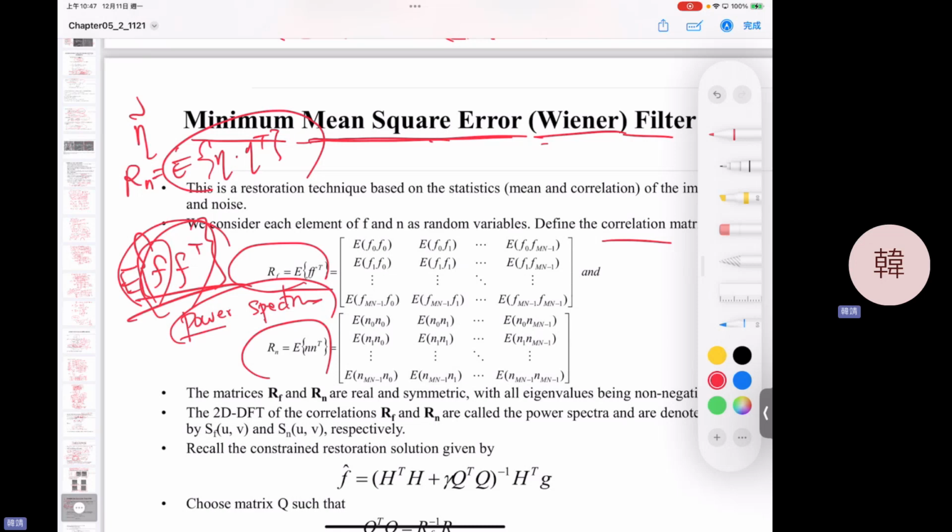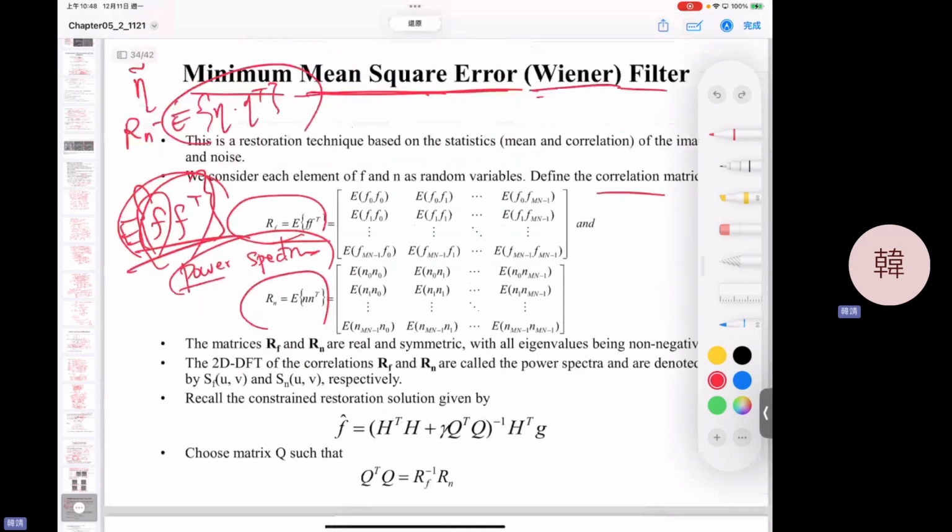Our assumption is that every location of your noise is different, so Wiener suggests that every Fourier transform point is different. So it depends on your signal to noise ratio. If you take the Fourier transform of RF divided by the Fourier transform of Rn, the autocorrelation of your image over the autocorrelation of the noise, that is called the signal to noise ratio,